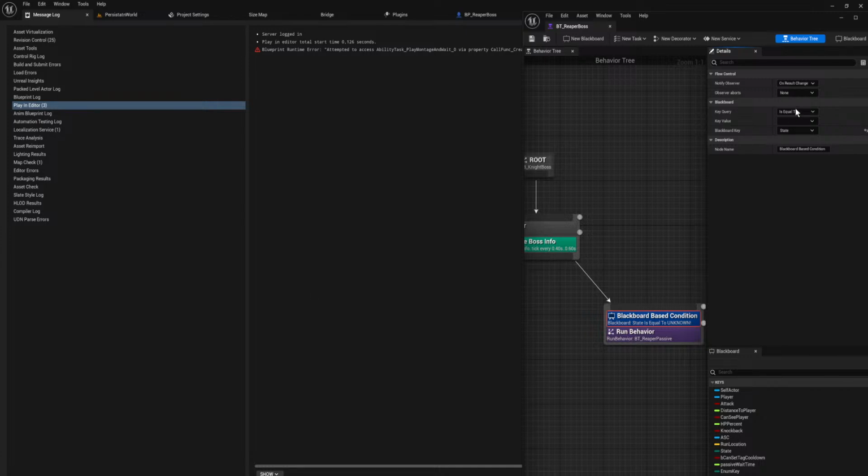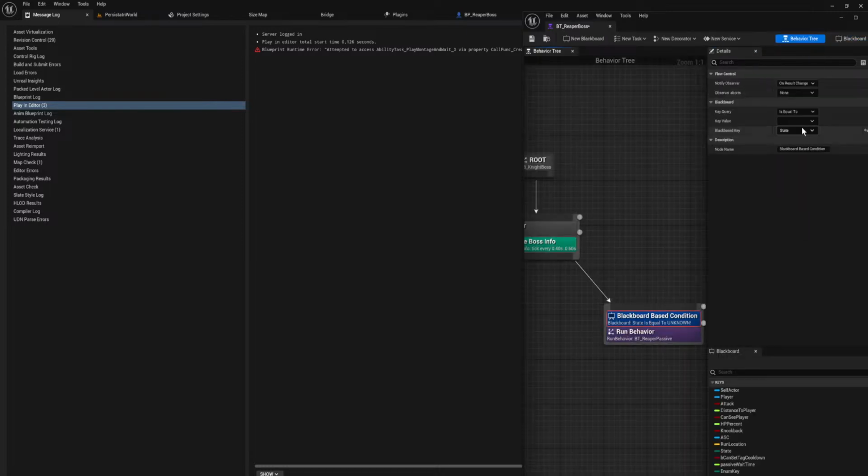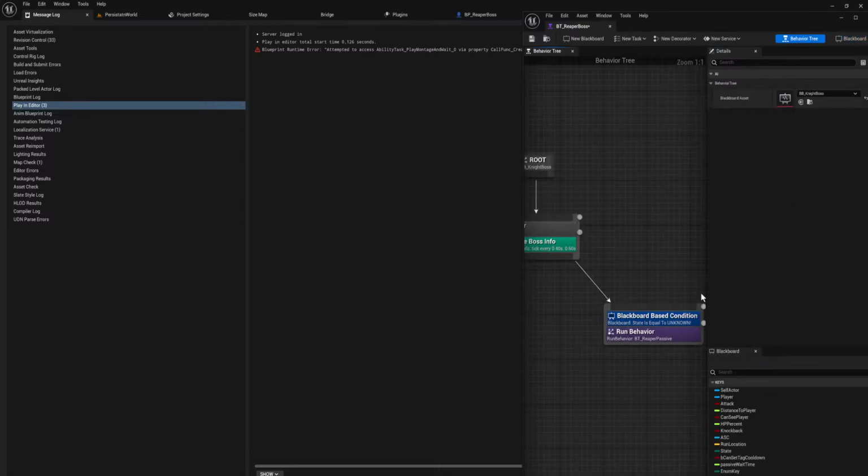Okay, so what I'm going to do is I'm going to try to just use this one. We can remove this for now. Let's try to set this to state again.